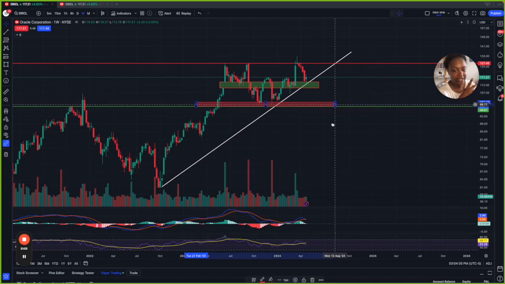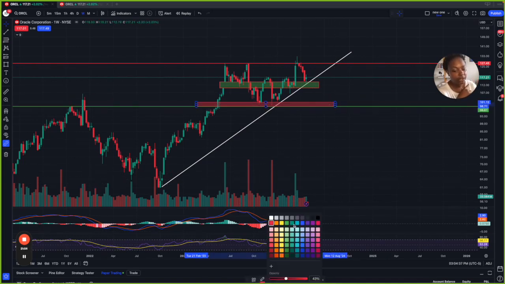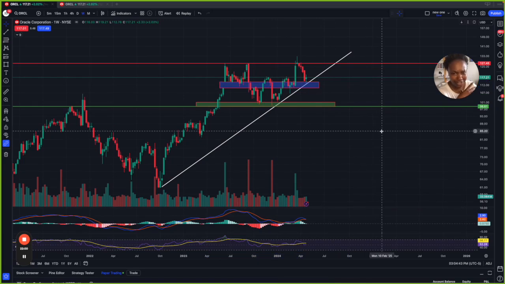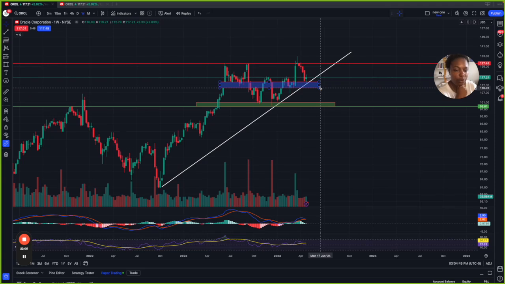So all down here, what I marked off is just the entire range that I'm looking at as the demand zone, because we understand that demand zones aren't just one range. And I usually have my gaps blue, so let me change that real quick because it was bothering me a little bit. So in this entire range, I would love to see if Oracle holds this trend line, but if it doesn't, below 110 would be beautiful. And I'd be looking, like I said, for a move down towards near 101.25.